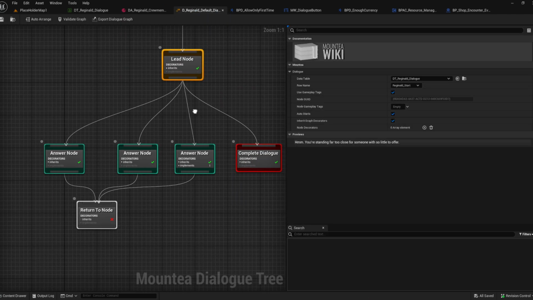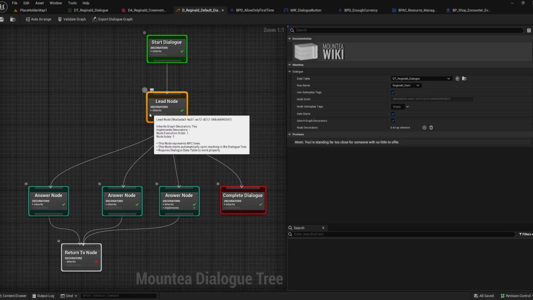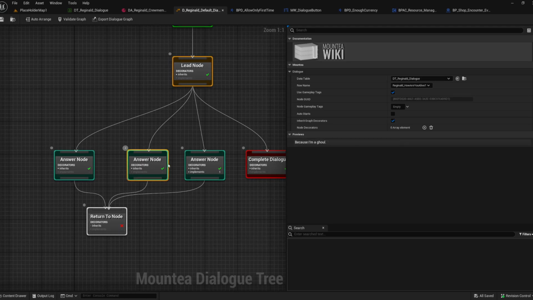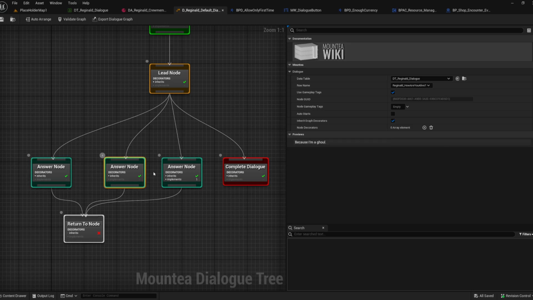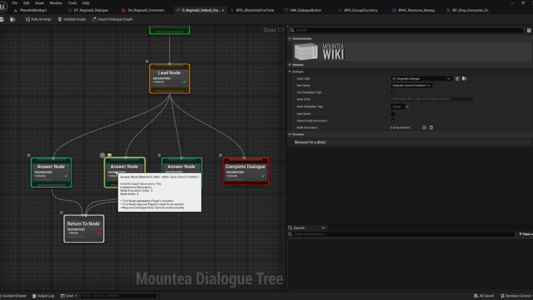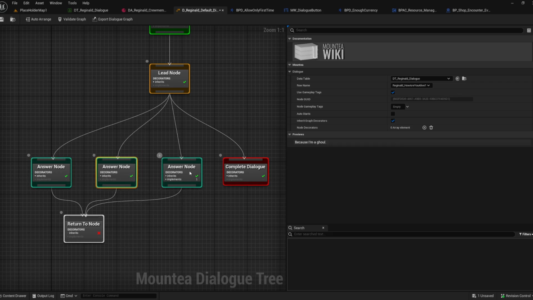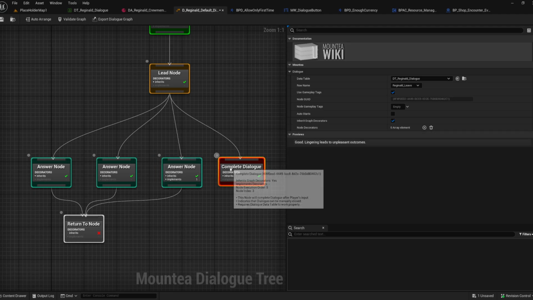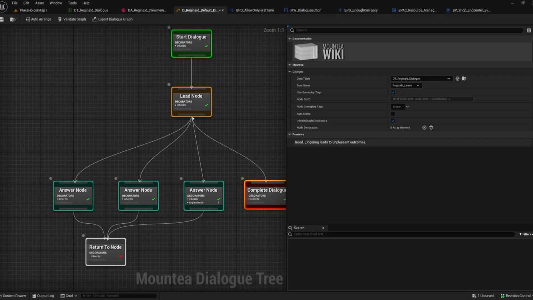So yeah, let's see how this works. I asked him, how are you still alive, right? So this branches out into 4 options. You can see here, these are the 4 options. This one's asking, who are you? This one's asking, how are you still alive? And this one is for the currency, like you need 3 currency, and this one's for just leaving the conversation. They're all connected to this lead node, and you can see there's 4 branches it can